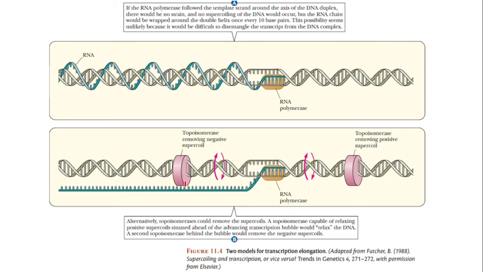Anything new here in this diagram? Only thing is that the RNA is very long here, but this is also from a different textbook. And here topoisomerase is there for removing the positive supercoil, and again topoisomerase is there for removing the negative supercoil. By now you might have understood how many textbooks I am referring to make some notes for you. You also should refer many textbooks to write your own notes.